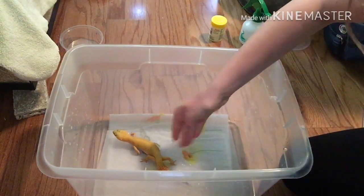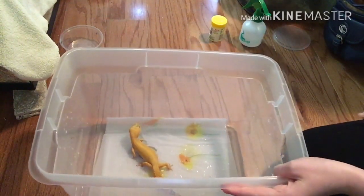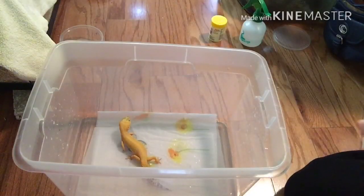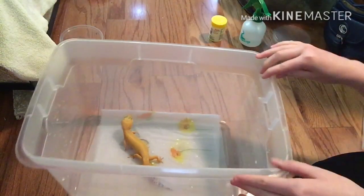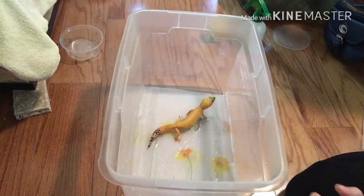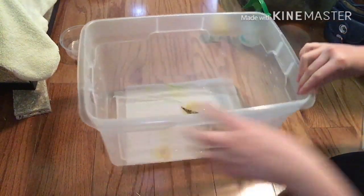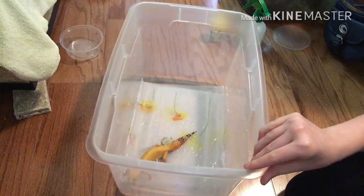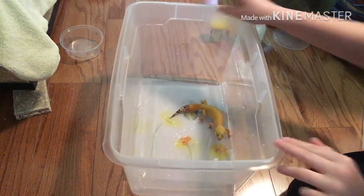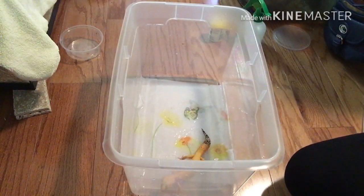But when you first put them in the bath, just let them sit for 5-10 minutes. You swish it around a little bit. Waffle is not enjoying this. She does not like baths. So I think I'm gonna turn it this way. That is a better angle for you guys, so you can see Waffle's cute little face. Actually, you can't even see Waffle, so I'm just gonna turn it this way. Sorry, Waffle. So she doesn't like baths, but then you're going to want to take